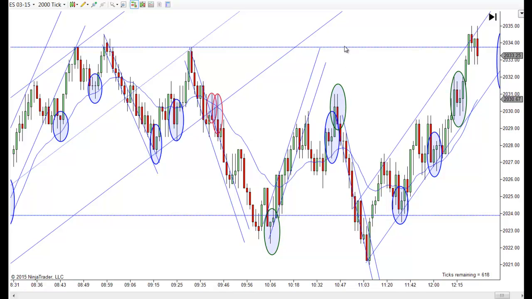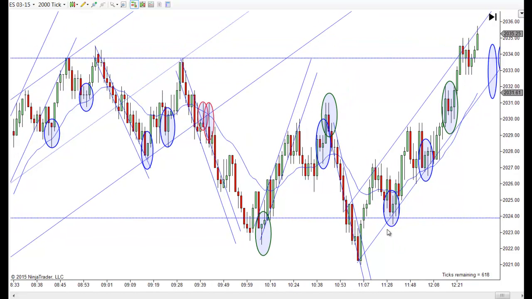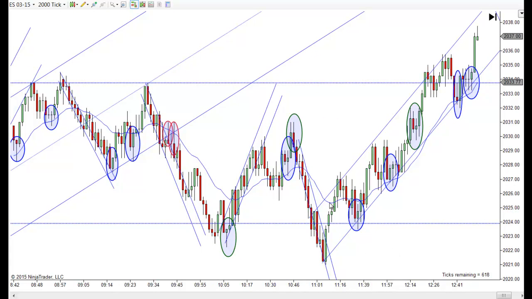Because my experience tells me we were going to come back up and test this high at the very least, but it didn't happen. We just got a trap there at the little midline that runs across there. And if you were paying attention, you probably want to go short there if you're being aggressive, because that is a first entry. You're better off to wait on the second entry, and we never get one. The bottom just falls out of it. So then it bounces,